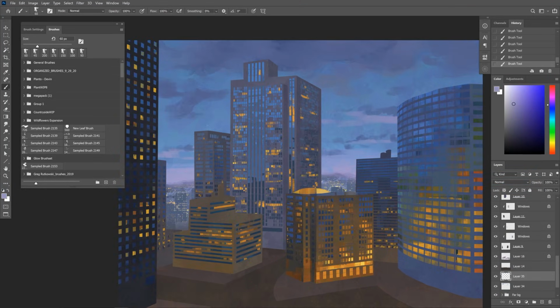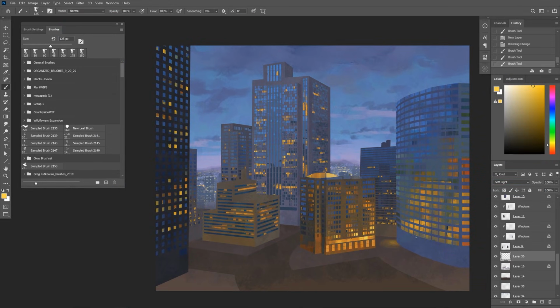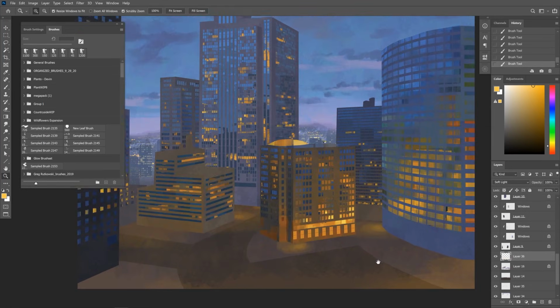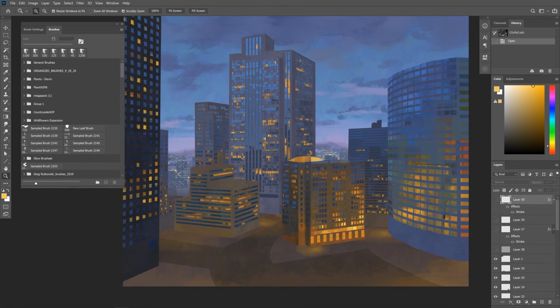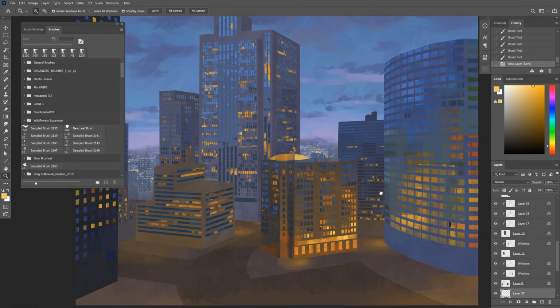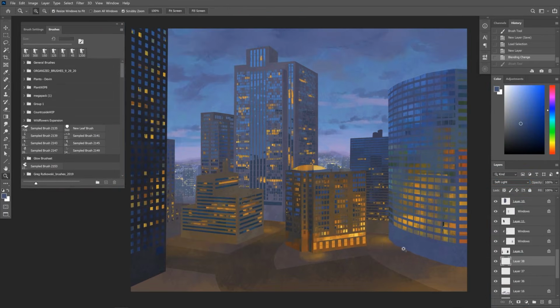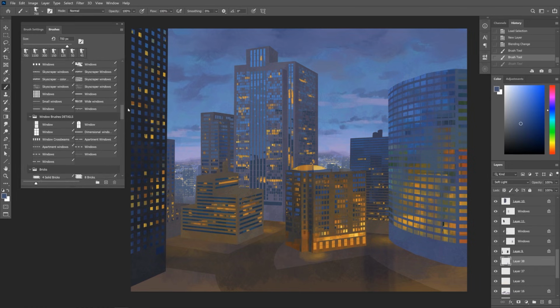Something else to pay attention to is the scale of the windows. For example, if you've got buildings toward the front of the canvas, closer to where the camera would be if we were taking a photo in this scene, if it was real, we want to make sure that those windows feel bigger, closer to us in space than the windows in the back. There are different ways that we can do this. It's not always going to be that the windows closest to us are really huge and the windows in the back are always smaller. For example, if there's a giant convention center in the back that has really, really huge